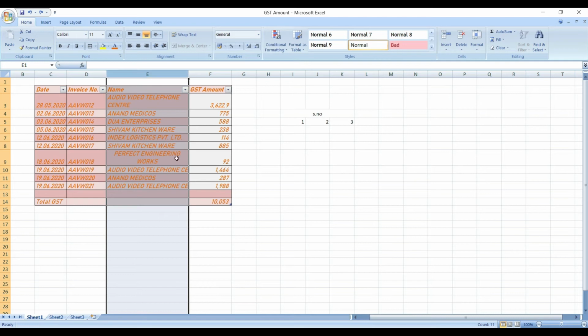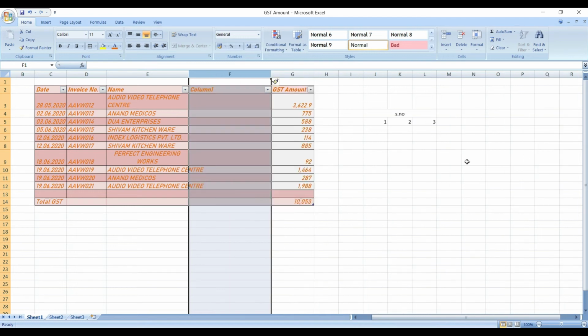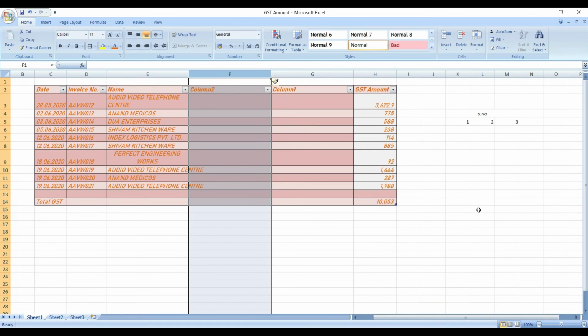Okay, now if you want to insert another cell, what you need to do is Ctrl plus. Okay, this is another column, you can easily add it. Again I am saying what you have to do, Ctrl and plus. See, another column is increasing.